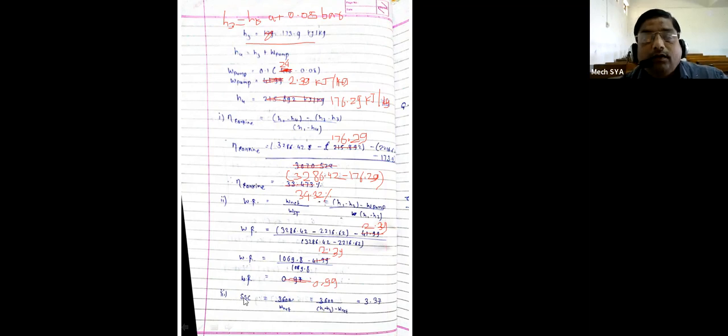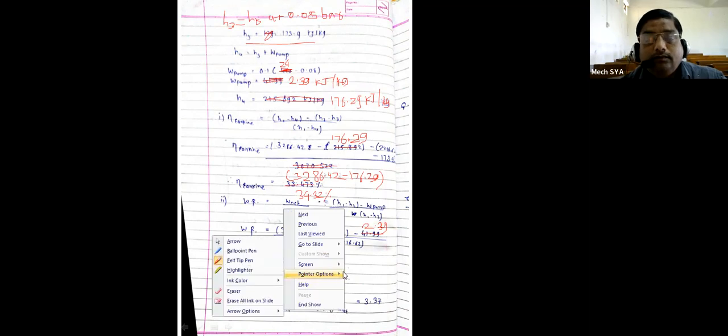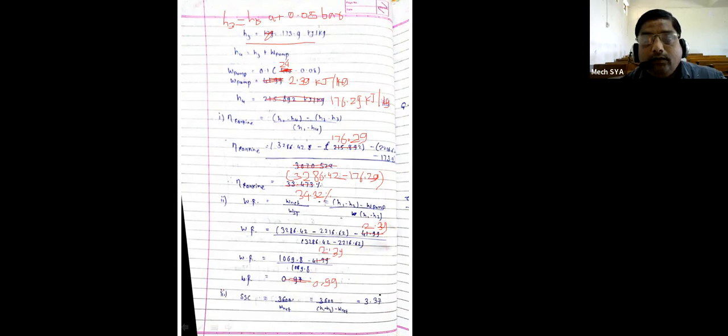Okay, specific steam consumption will be 3600 divided by W net. Again here W net will be different, will be more. So this value will also change. So W net will be W turbine minus W pump, and the value will be